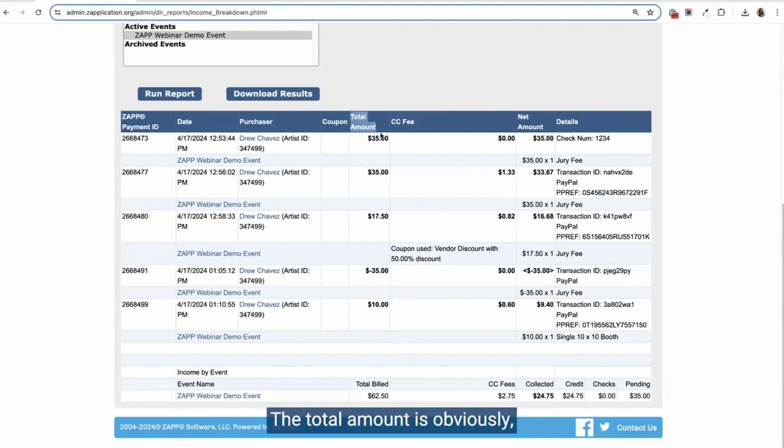The total amount is obviously the total amount that was paid by the artist for that transaction. And then the credit card fee will tell you how much was taken out for those credit card processing fees. And so that is taken by ZAPP to pay for that processing system. So the net amount is what you'll want to look at for how much you'll be receiving in that payment. You'll see here this top one, the net amount is $35